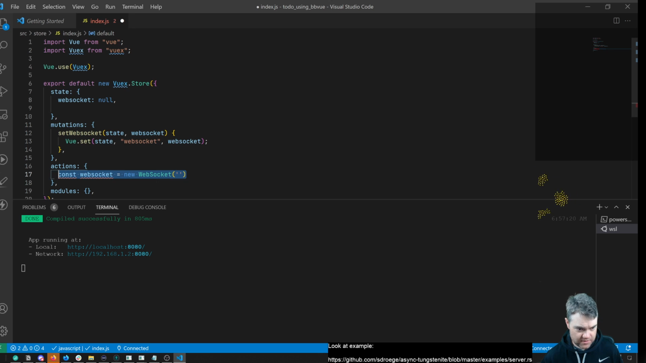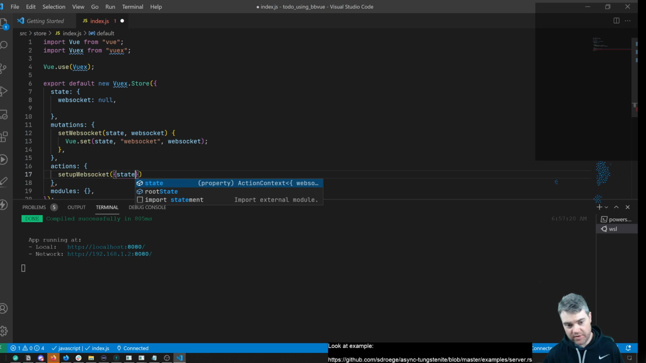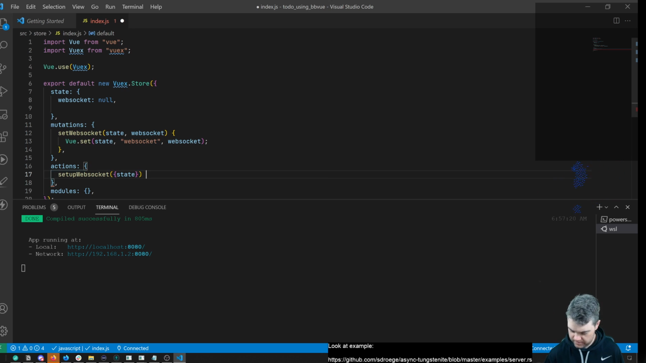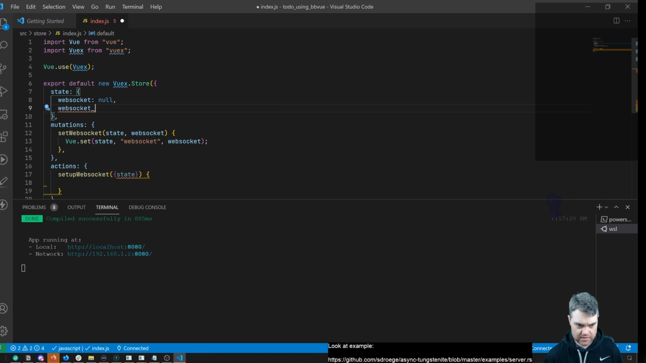Also, this is terrible. What is the action name? The action name is probably something like set up WebSocket. Yeah, let's do set up WebSocket. In here, we know we're going to take the state out. I'm going to dereference it out of here. So we're going to want the URL. And right now we're going to make this